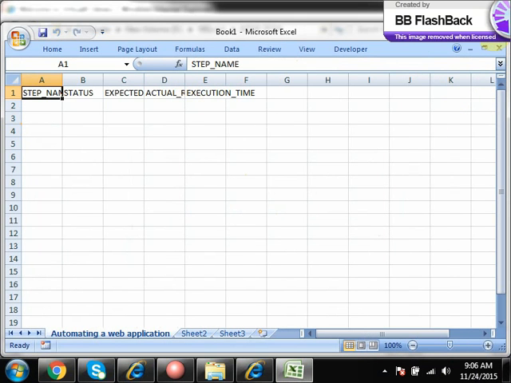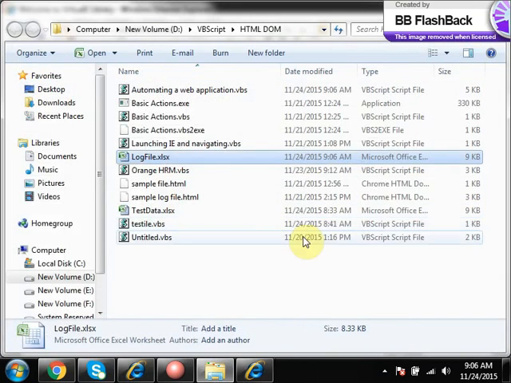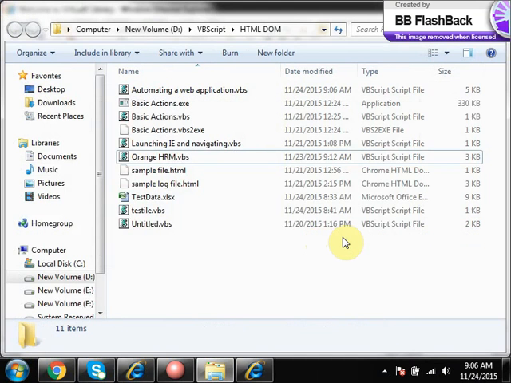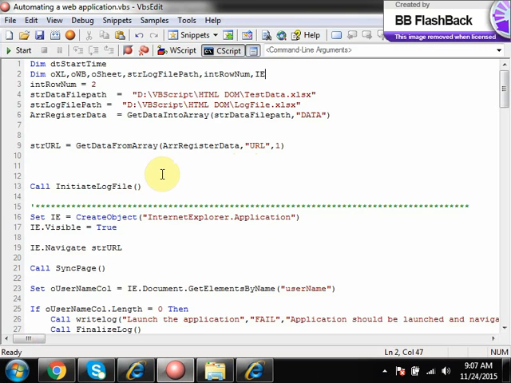What should I do? The log file, let me delete it, because we are not handling the case where the file already exists. We are not handling that. We need to handle it one by one, we will see. Okay, next what I have to do is